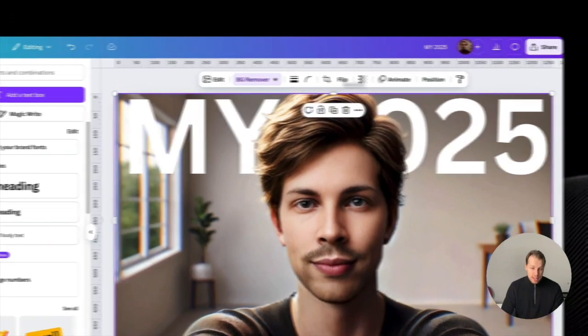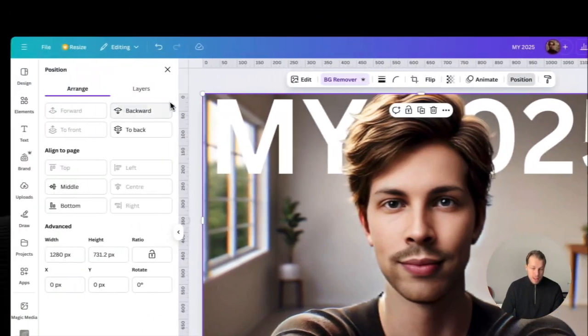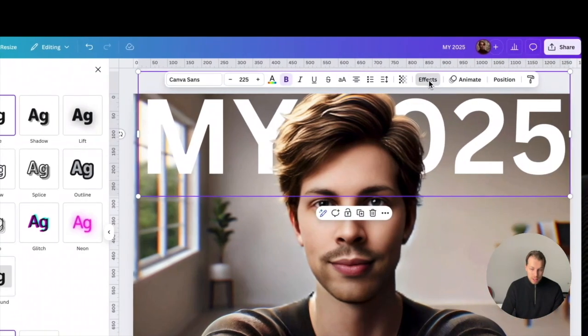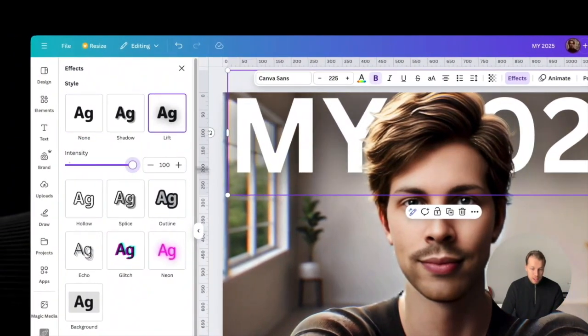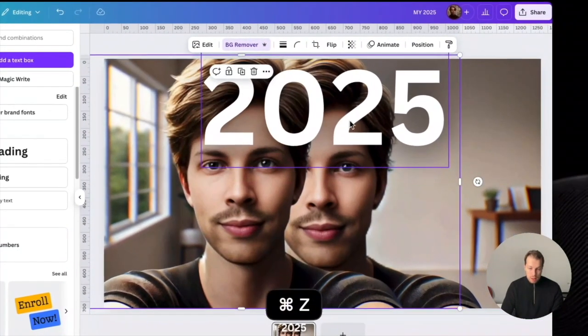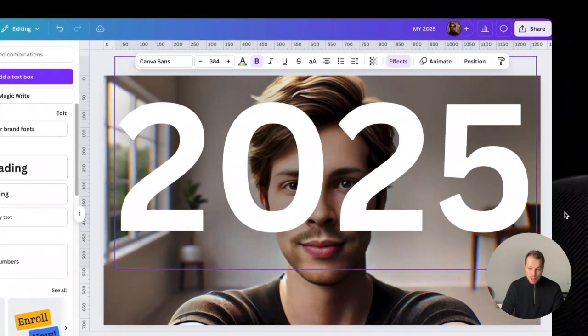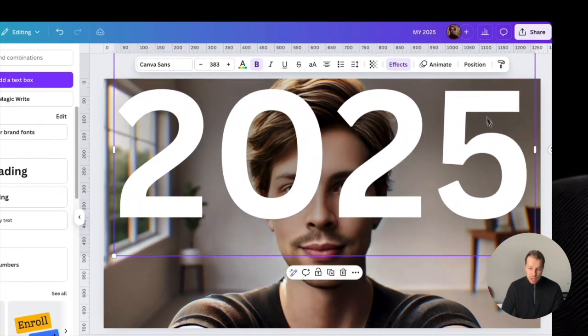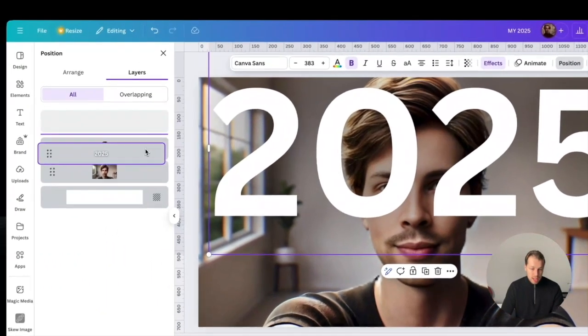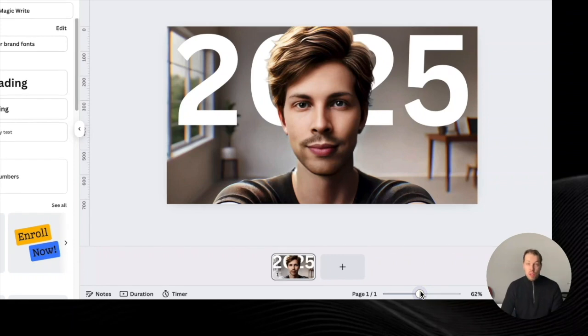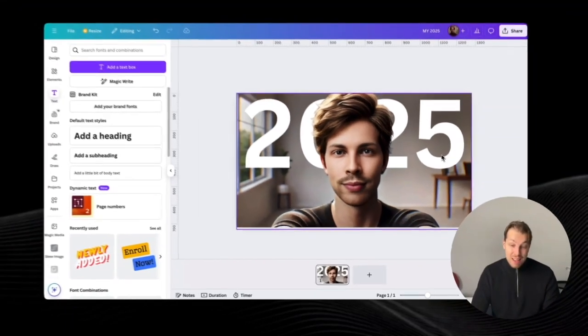And also one thing I can do, if I want to emphasize this text, is click on the text, click on the effects, click on lift, and drag the intensity to its fullest. Actually, I think that only saying 2025 here looks even better, just for the sake of demonstration. So let's put it here, let's drag it behind, and here we go. So now if I was making a video about my 2025 goals or something like that, this could be my